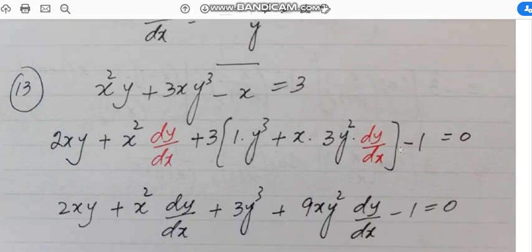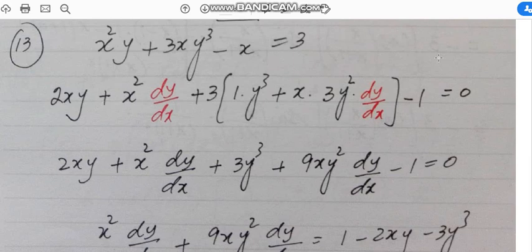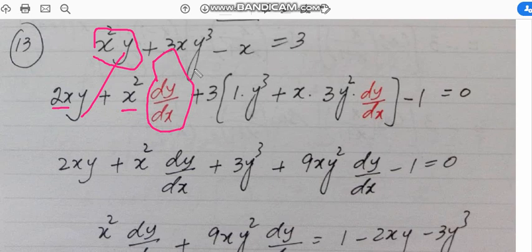Here the first factor of the question is product of the terms, the second is also product of the terms. So finding the derivative for this term, I have applied product rule. 2x is derivative of x square, y as it is, then x square as it is, and derivative of y, that is dy by dx. Then 3 as it is. Here again apply the product rule. Derivative of x is 1, y cube comes as it is, plus this x comes as it is.